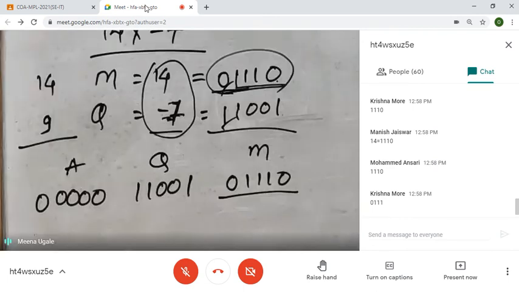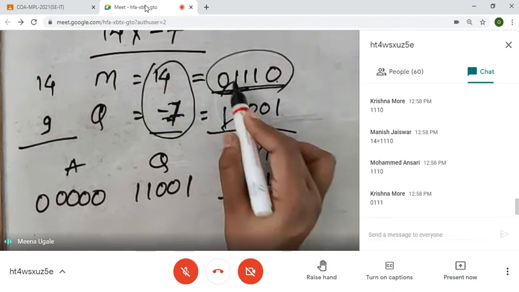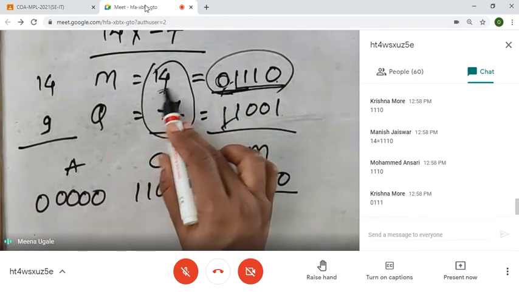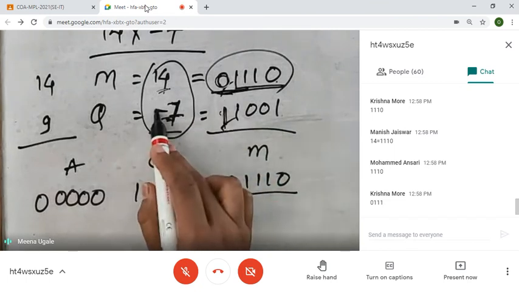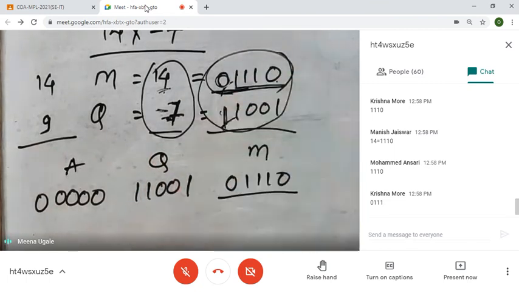Normally, all your higher bits are considered as 1111 to make it a sign representation. But for our simplification, or for solving this algorithm properly, I'm just going to add this bit only, this 1 here and 0 here. 0 because this is plus 14, and 1 because this is minus 7. Start working with this and check whether you are getting the correct answer or not. This problem will come only in this kind of numbers. For other numbers, it will not come.